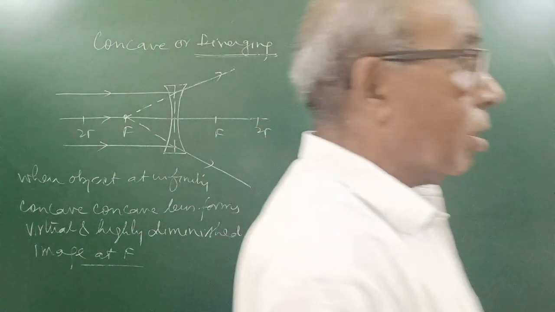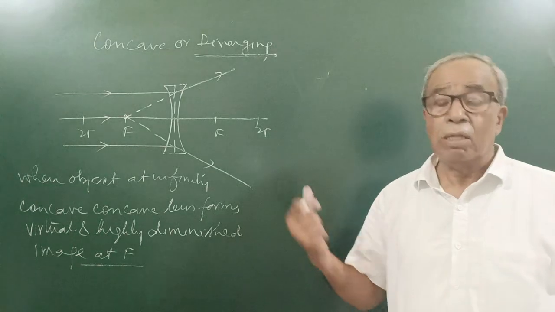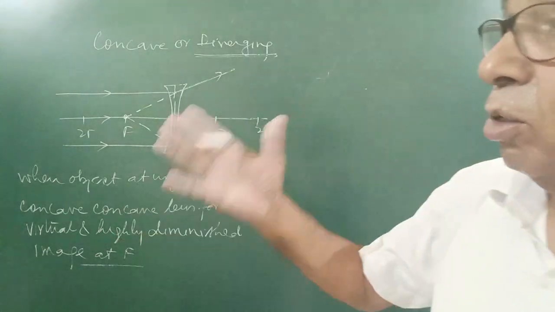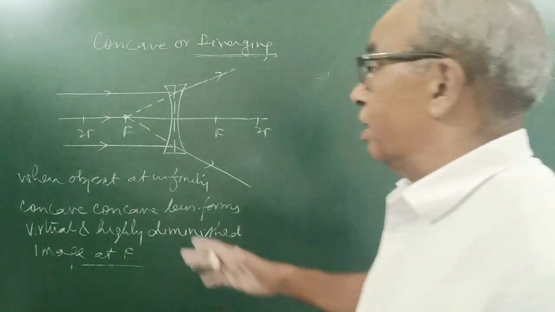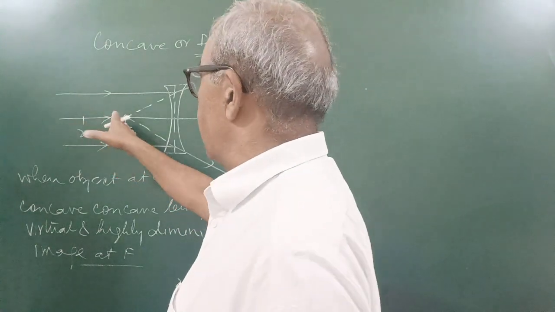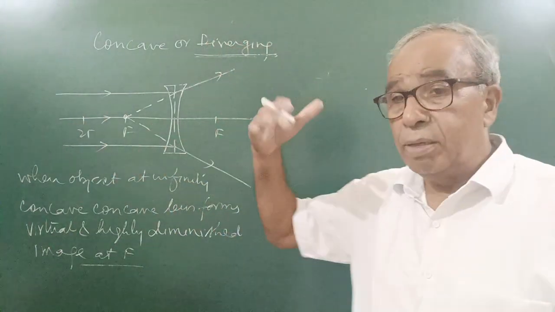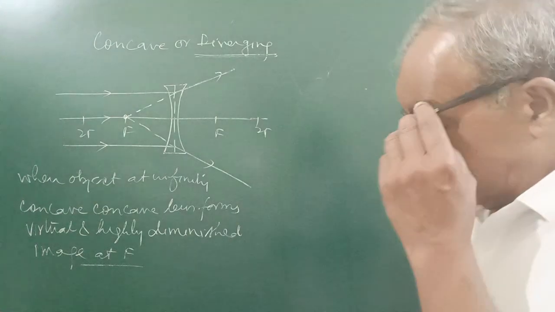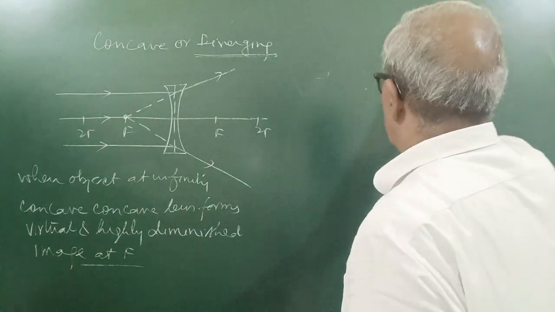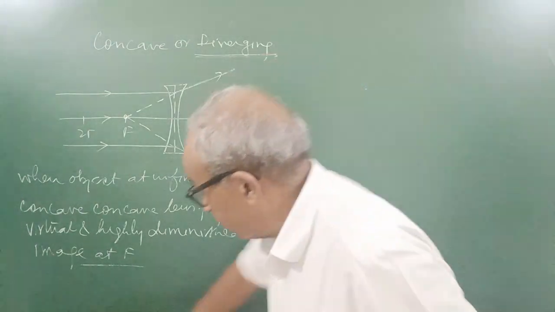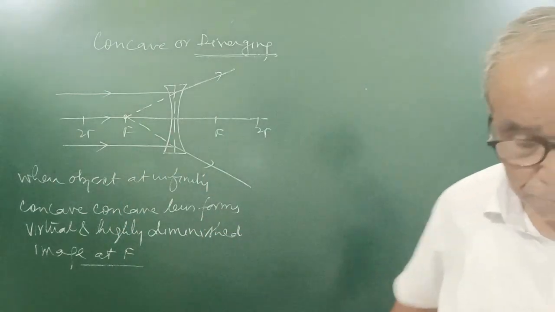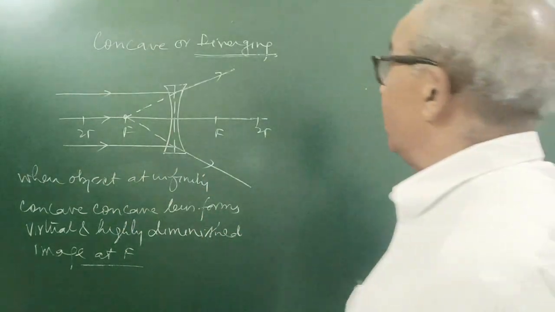Small children wear goggles. Their lens is concave lens because they are not able to see distant object. Image of distant object come at focus, and by measuring device we can estimate the child can see up to what distance. According to that we use the lens. Now if object anywhere else,